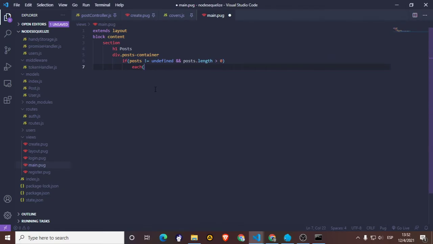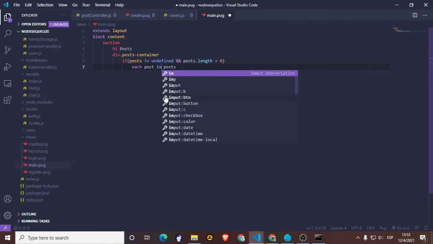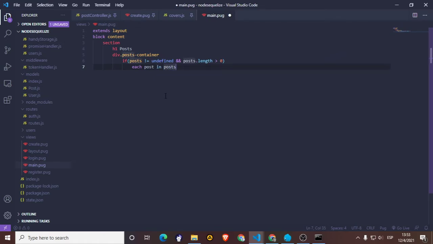So each, okay, this is not jQuery, each post, okay, so we're going to loop inside the posts that are going to come from Node.js. So each post inside posts is going to return a div. For each one, we're going to return a div with a class post,